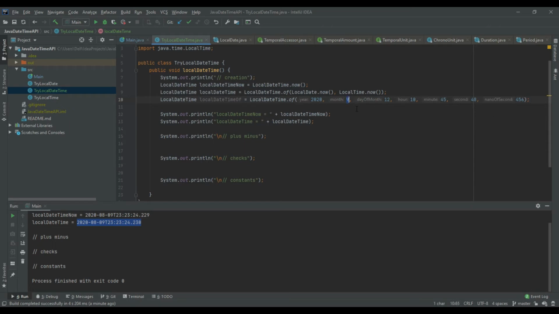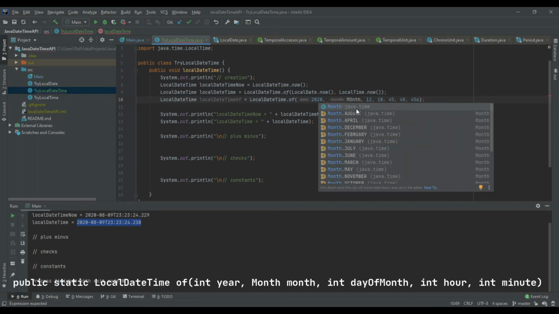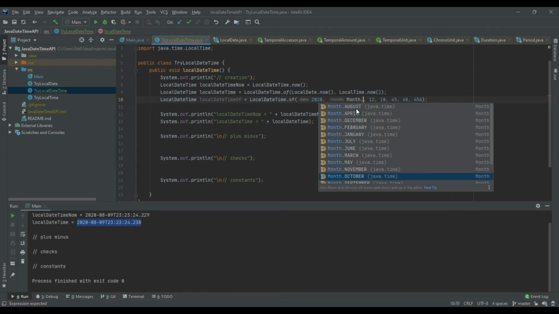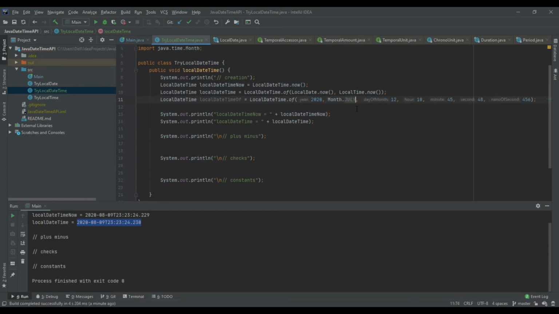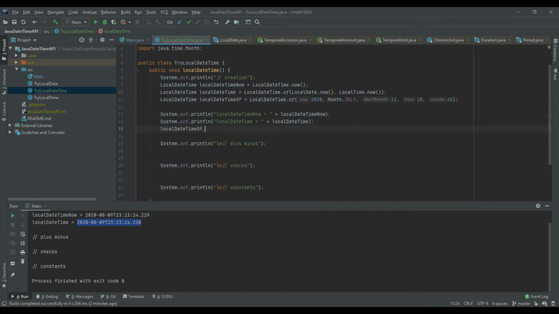So in this way, the month is given as an integer. You can also use the month that is provided by the Java time package, Month dot August, April, starting from January to December. You can use this as well. So in this case, the parameter is the type of month. Also, you don't have to use seconds and nanos. I'll remove the seconds and nanoseconds. I'll keep the local date time to the year, month, day of the month, then the hour and the minute. So if I'm going to print this out, the result will be something like this.